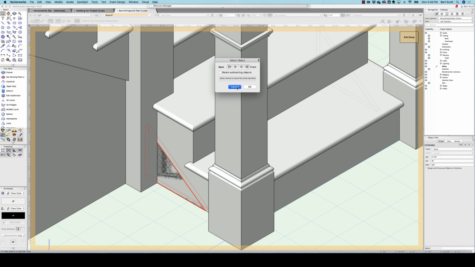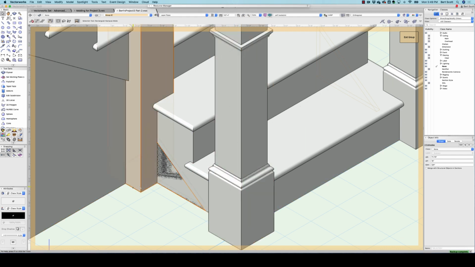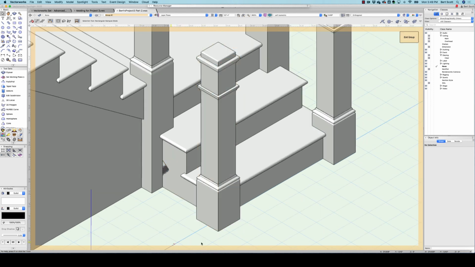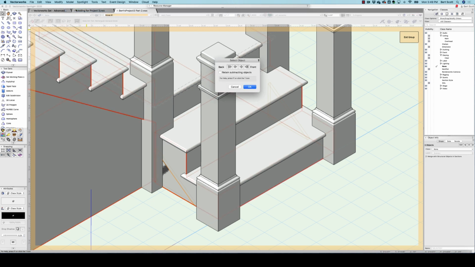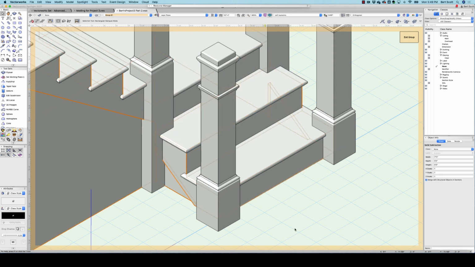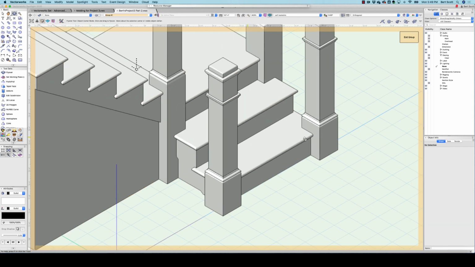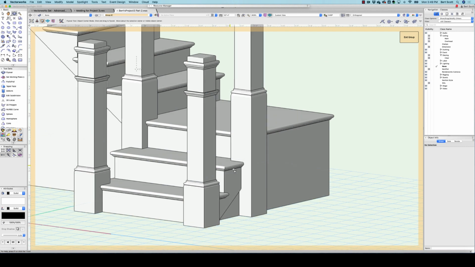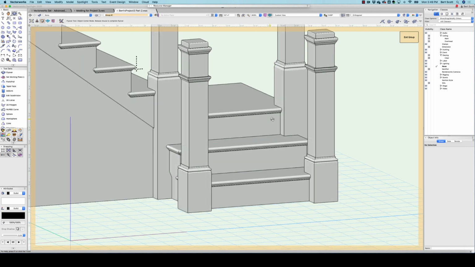Oh, I didn't have the staircase selected. I had two objects selected, but the two objects were my two triangles. So I'm going to do that again. And we'll select all three objects now. Model, subtract solids, and now the big staircase is selected. So I can click OK, and that subtraction was made there. And we'll just check the other side, and we'll see that the same subtraction was made there. So now we have